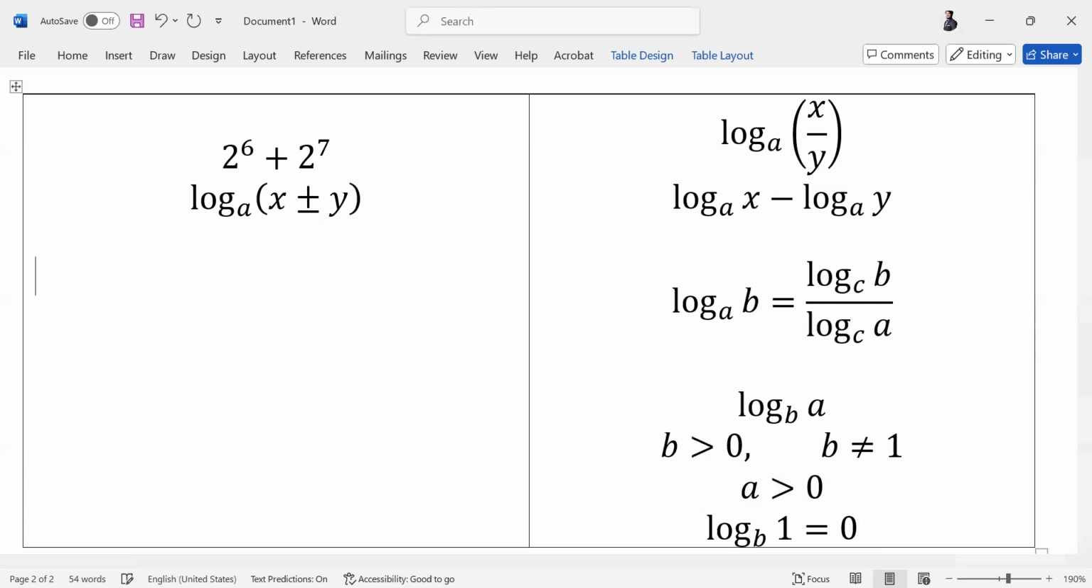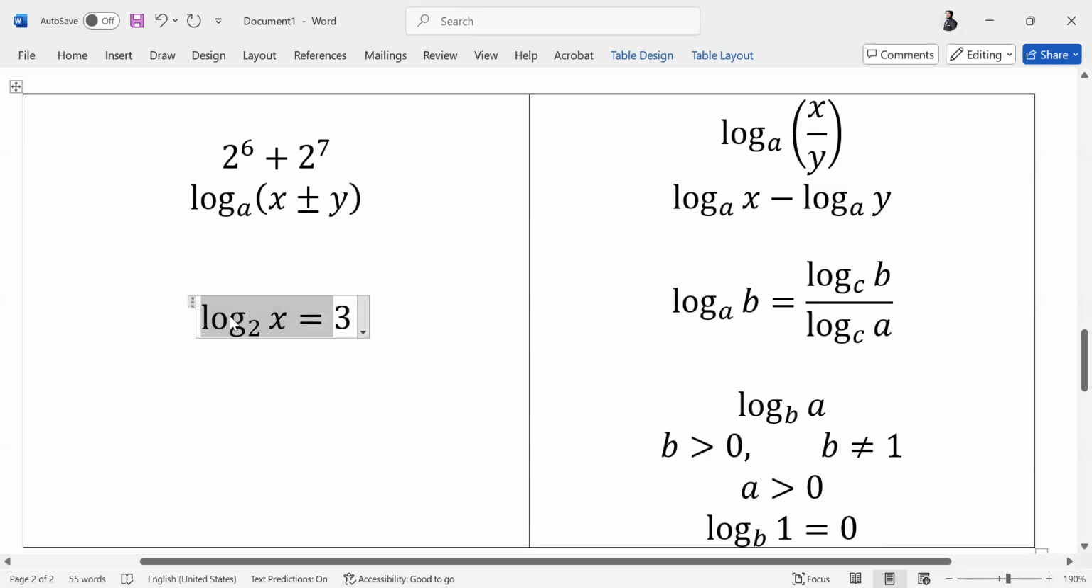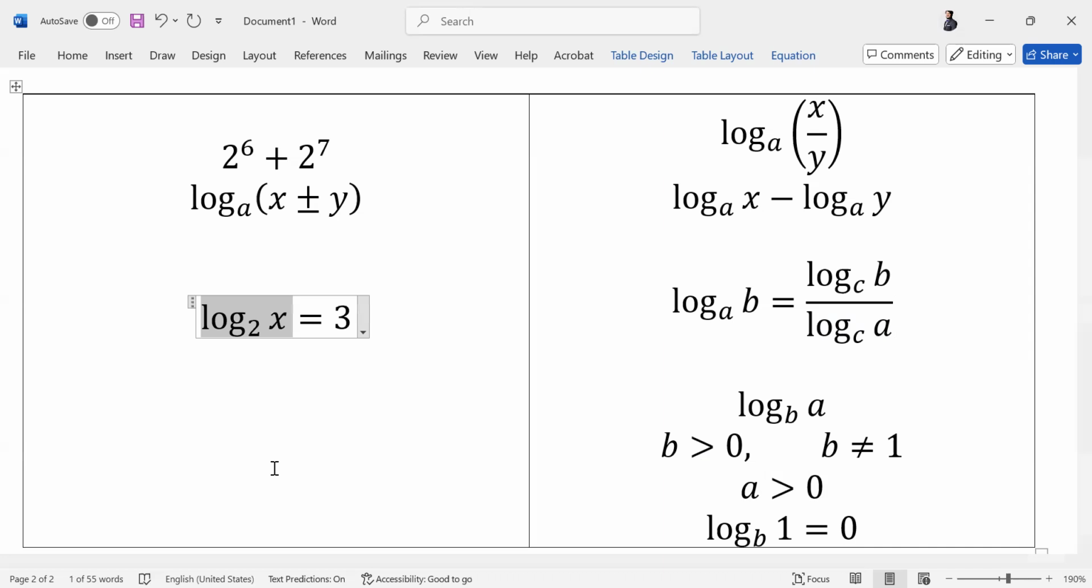Is this clear now? Yes. What does this mean? Log base 2 x is equal to 3. How do you read this? इसका क्या मतलब है? What power does 2 have such that it becomes x? What is the answer? 3. So you are telling me that in order to become x, 2 must take the power of 3,